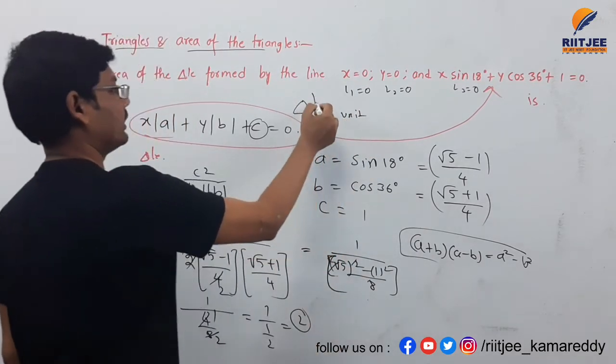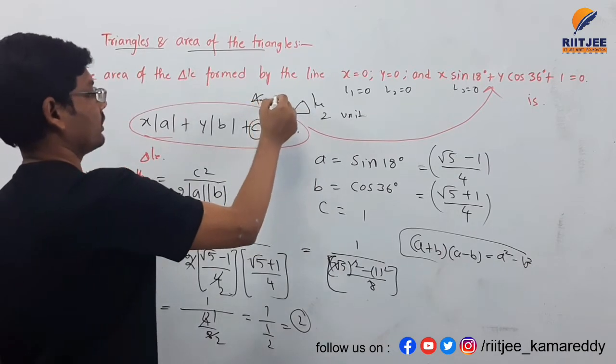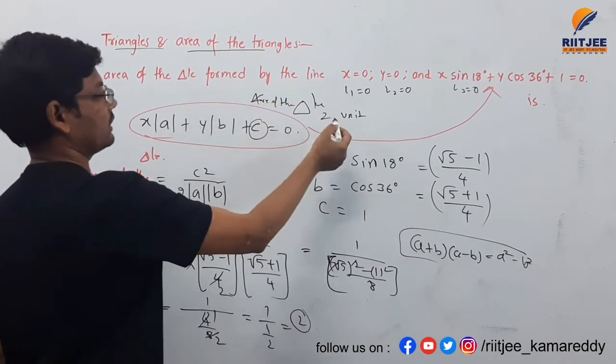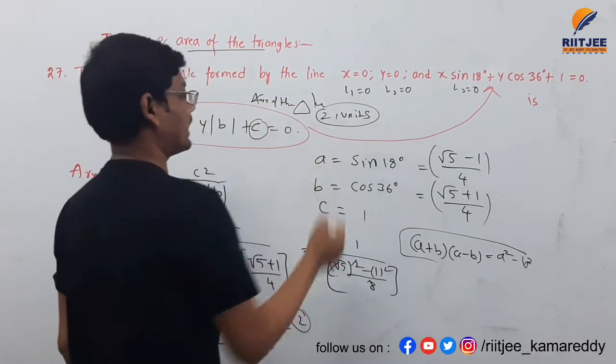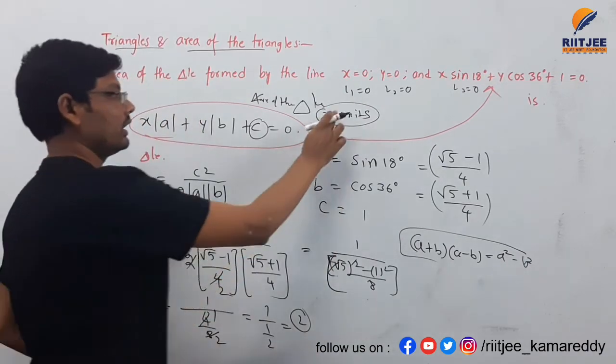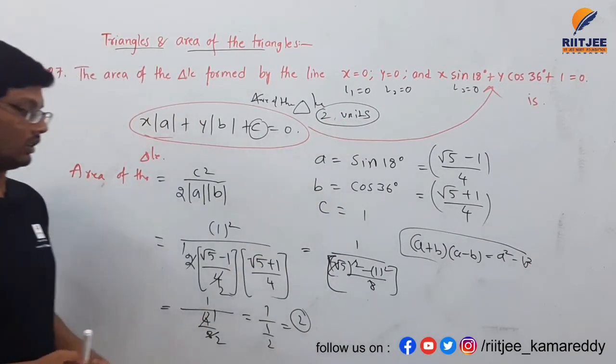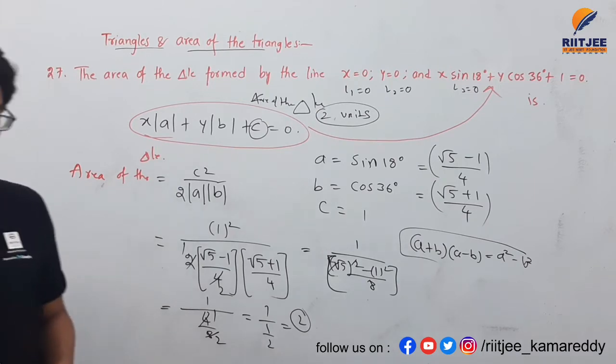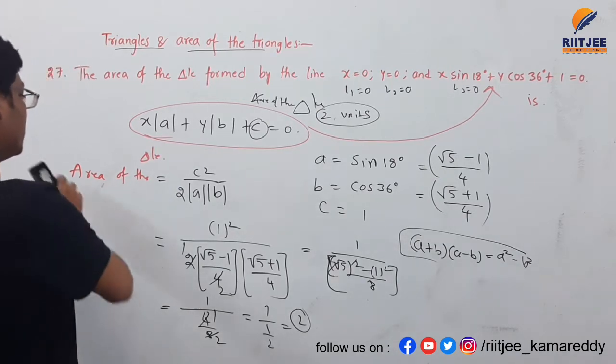Then the area of the triangle is 2 units. This is the answer here, 2 units. This is all about this solution. And the next question is,